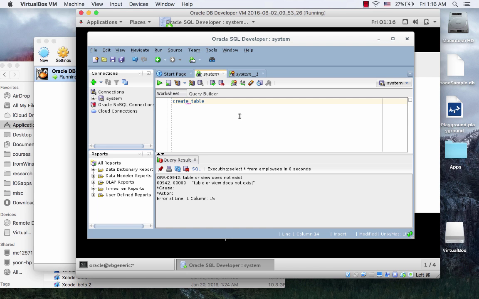create table my T2 and then A number, B number, so two attributes in the table. Table name is my T2 and then execute. See what happens. So table T2 is created. Okay, and then